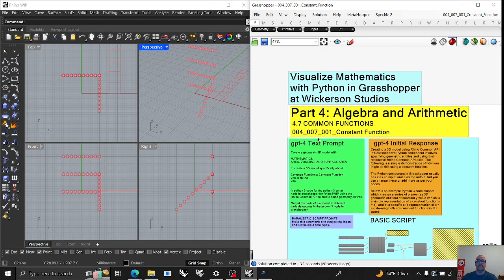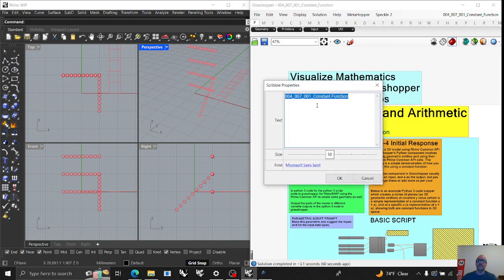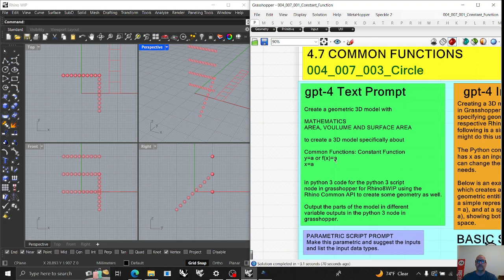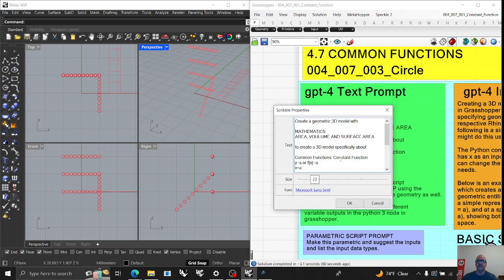Come to the function. I'm keeping track of all my orders, so I'm going to call this one 3, and I'm going to call it circle. And this is a little frustrating. Then I'm going to go in, I'm going to change my boilerplate exactly where I need to, and I only have to change this at this point because I'm still doing common functions to circle. And I may want to give the data that drives what a circle is,